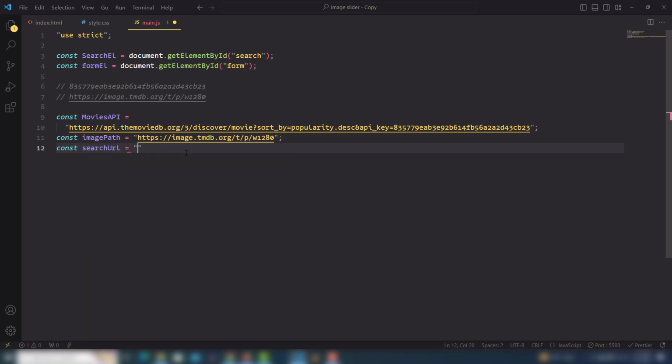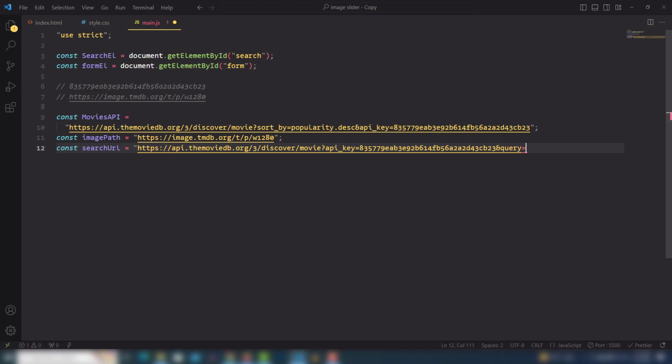And the search URL you need to get the search movie, just like that. After the movie you need to use question mark sign and use API underscore key, and the key is same like this one, paste on there, right? And after that you need to use and sign, use query equal to,